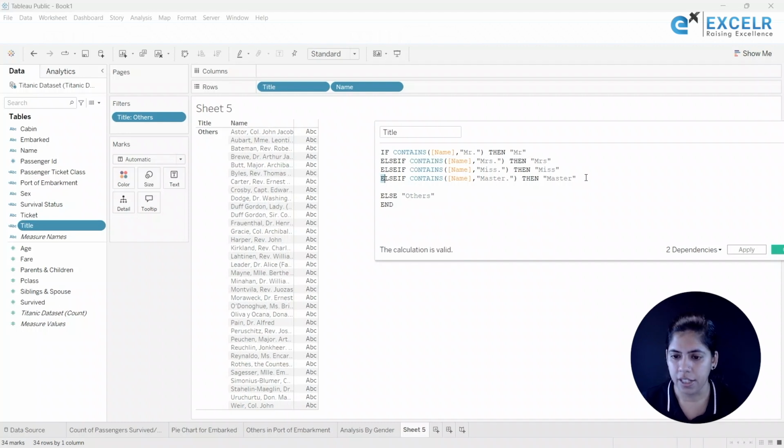Now in else if, suppose if the name contains doctor, then I will mention here as doctor. Also, if the name contains